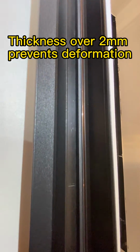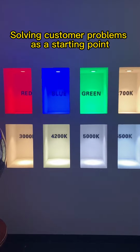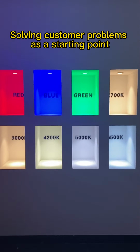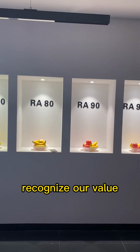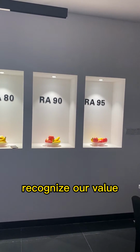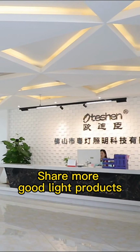To prevent deformation of the chain, we have achieved a chain width of 3 mm or more. The products we make are designed to solve our customers' problems, with their needs and desired outcomes as our starting point. We hope to share our high-quality products with friends, to share our values, and we continue to research and improve to bring